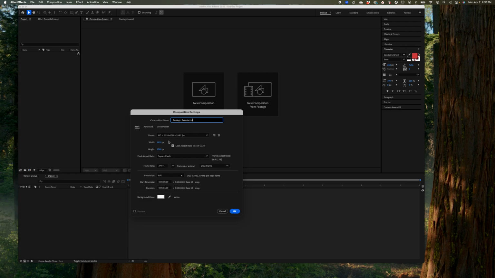Okay. And as you can tell, it's 1920 by 1080, which is what we want. Square pixels is fine. The only other thing to change is here under duration. I want it to be a 3-minute duration. Usually the default is 10. I've already set this up for 3, but I'll show you if you just click,